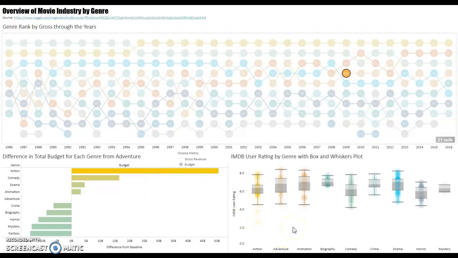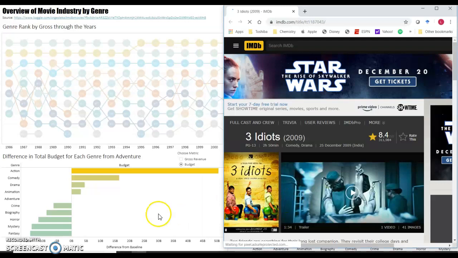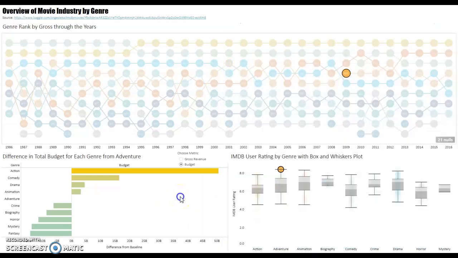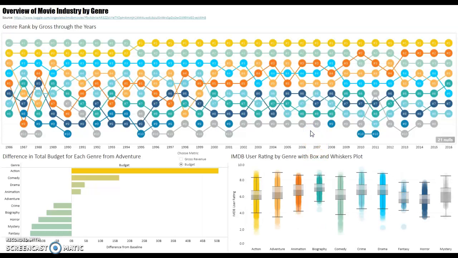Then moving over to our box and whiskers plot, we see that it filtered it by year. So now it is only showing movies from 2009. And then if we look at the top adventure movie for 2009, we see that it is Three Idiots with a score of 8.4. And then we can click on it and have an option of visiting the IMDb page for this movie. Heading back to our dashboard, we can clear the filters just by clicking out on the bubble chart,